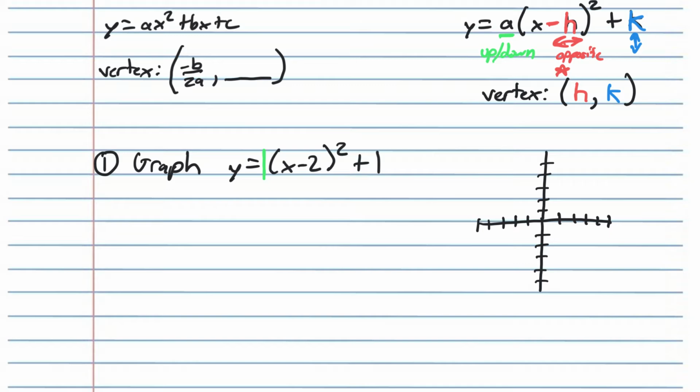Okay, so we know that our graph is going to be facing up, and we know it's going to be kind of like the standard size, right? It's not necessarily wide or narrow. It's the normal, kind of matches the parent function, okay? So let's go ahead and write down our vertex. So our vertex right away